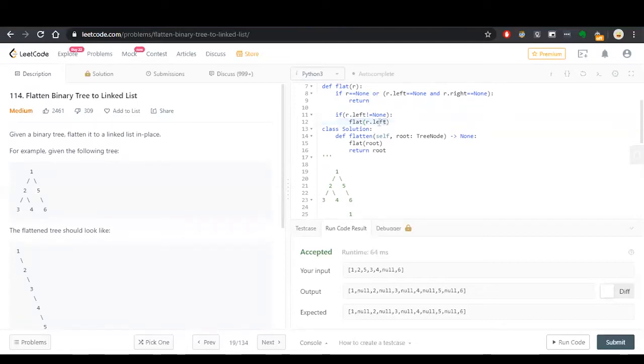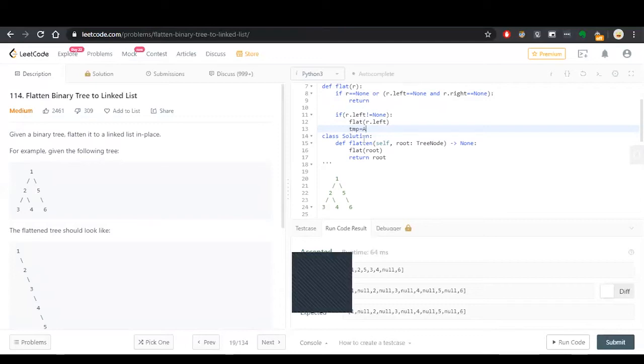If we call the recursion here, we are sure that it will reach null and return back to the point after this, when it has reached the last node of the left subtree, right? Then we can take a temp node which will hold the reference to the right of the current node, right?